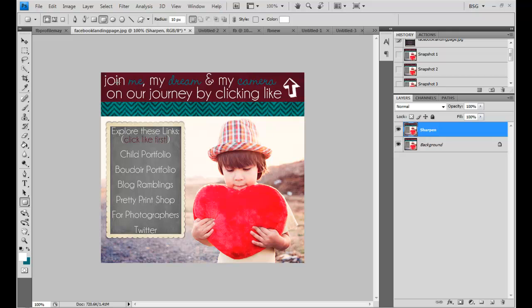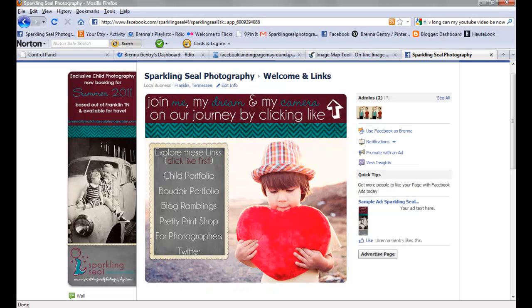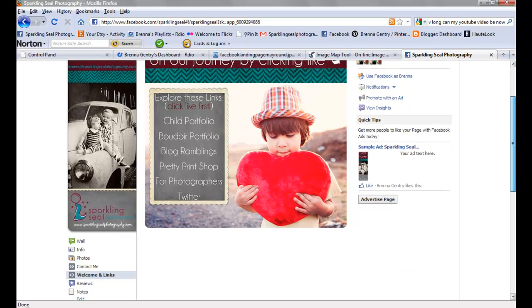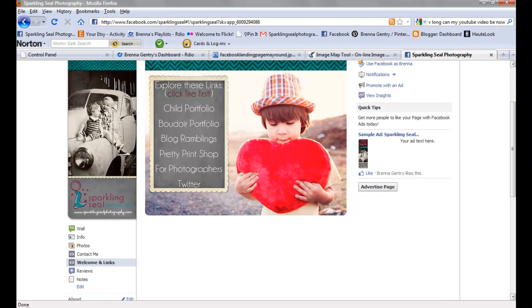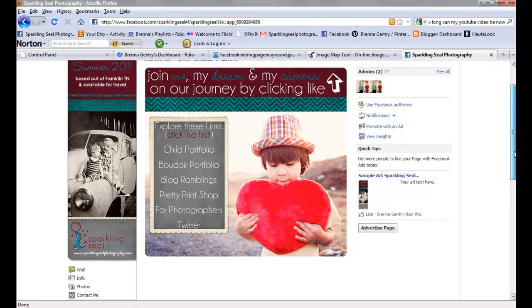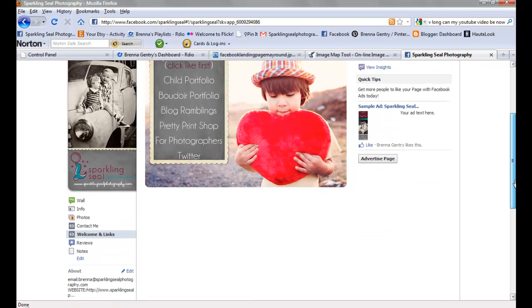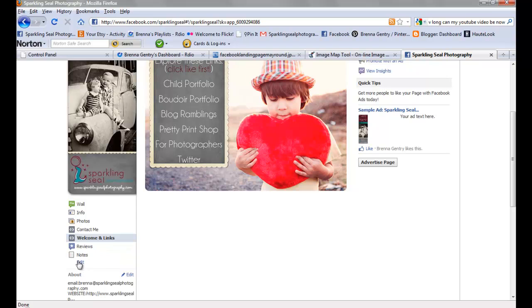Anyway, once this is done, you're going to save it the same exact way we did our profile picture. And once you upload it, we have to do a few more steps. So it takes a little bit longer than the profile picture. But first of all, you want to make sure you even have the FBML before you even make your landing page. So if you go to edit,